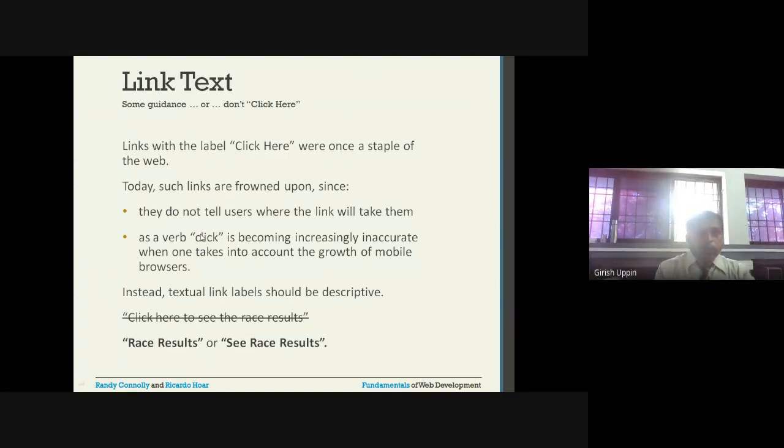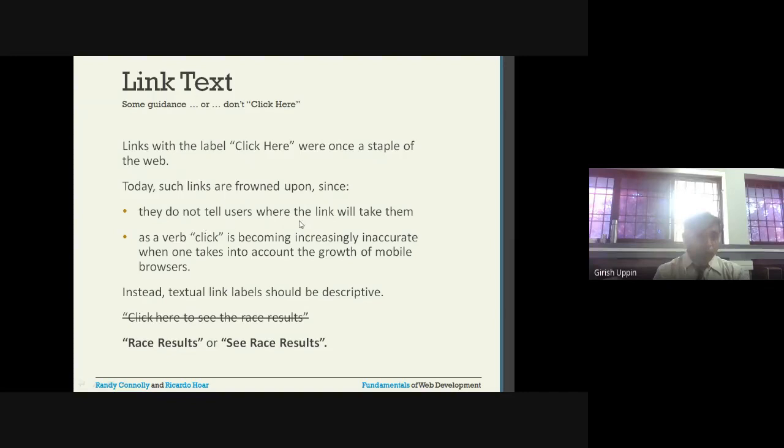Next, links with the label "click here" were once a staple of the web. Okay, "click here" was used on many websites. They used to say click here, and you don't know what will happen if you click there. Today such links are frowned upon. You don't see such links.